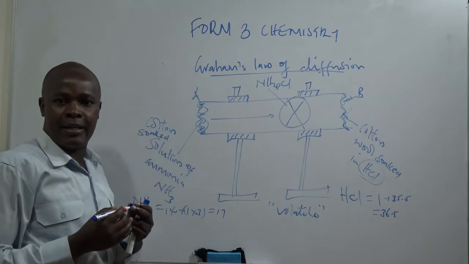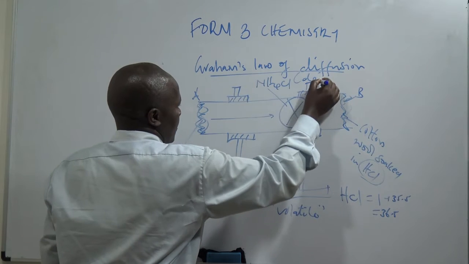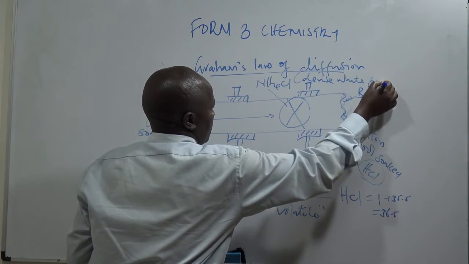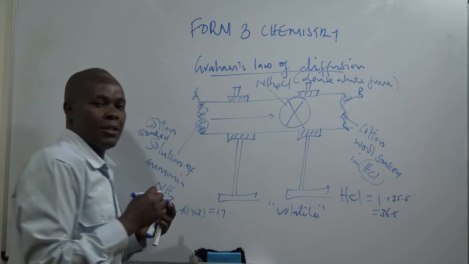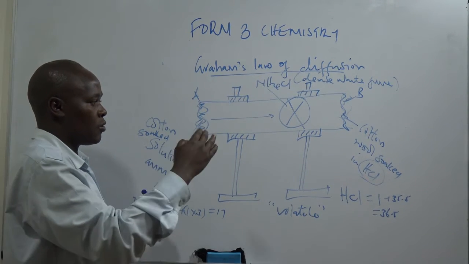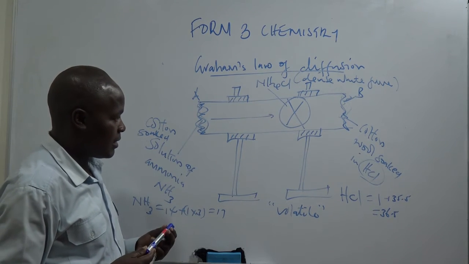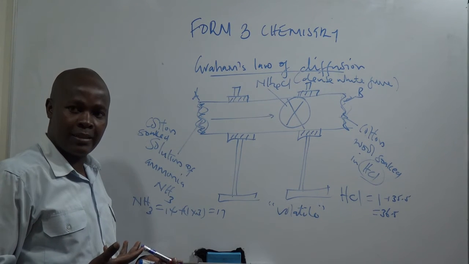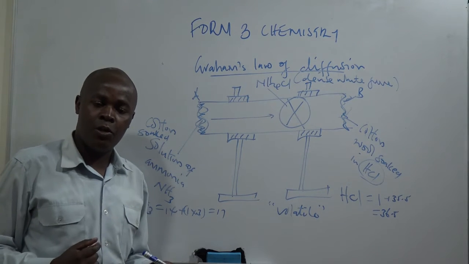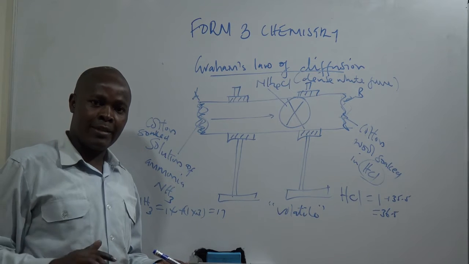And how do you tell that ammonium chloride has been formed? We will have the formation of dense white fume, which indicates that the two gases have actually met, and they meet close to the end where we have hydrogen chloride gas. Now, this one tells us something about the rate of diffusion of gases. The rate of diffusion of gases is inversely proportional to their relative molecular masses or the density of the molecules